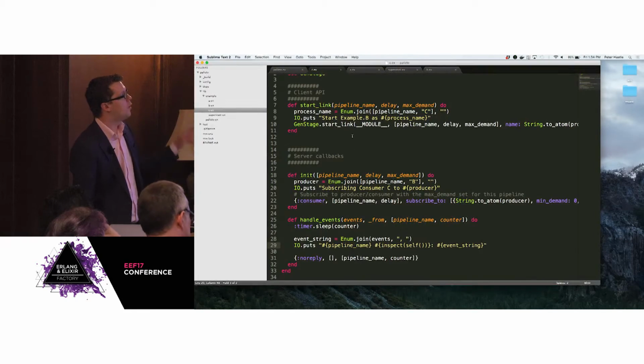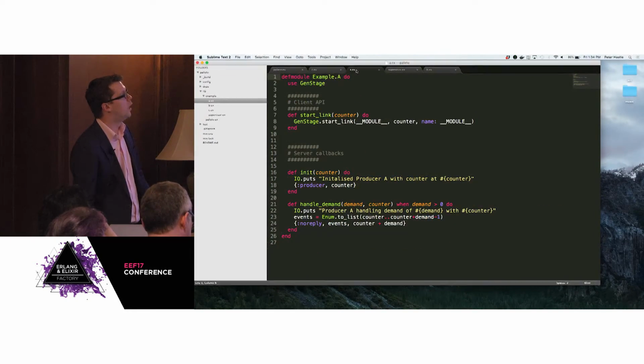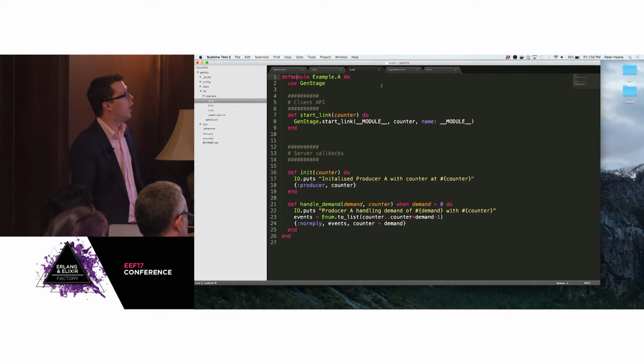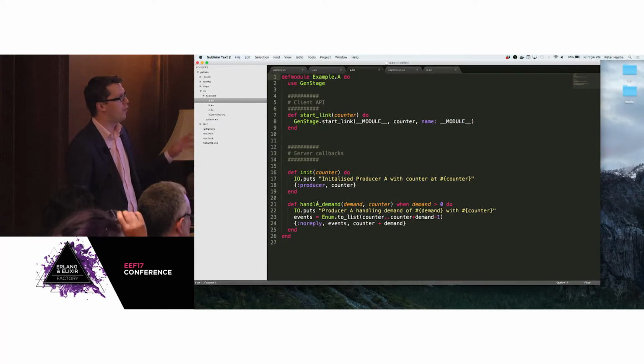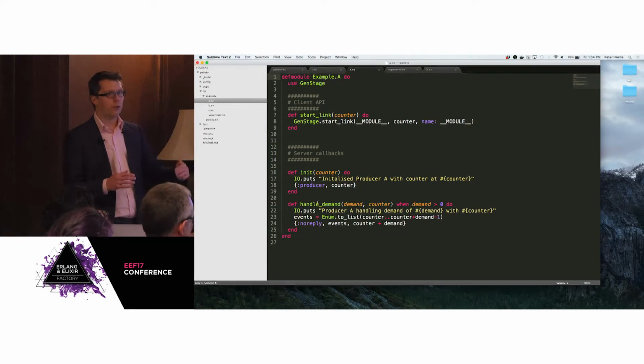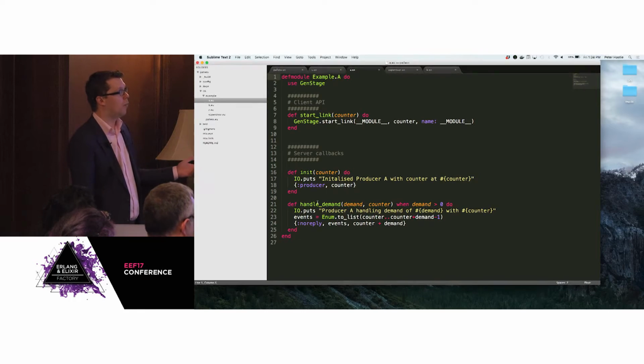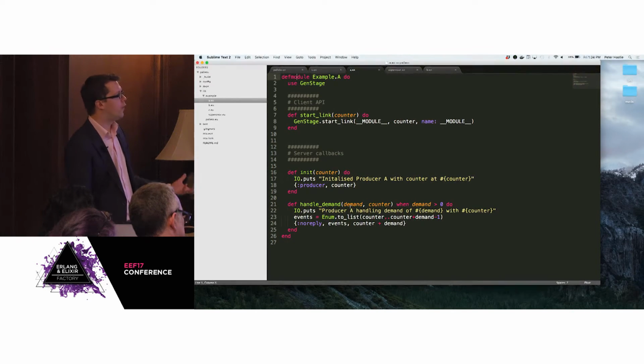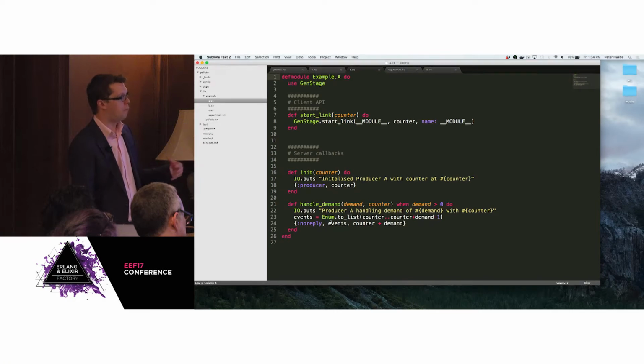And so that demand that we've created as this initializes will be sent, because that's subscribing to the producer-consumer, and the producer-consumer is subscribing to the producer, which will receive that demand in this very OTP-like manner where you might be used to handle call and handle cast. Here we have handle demand, which is the new thing that makes GenStage special. It receives that demand and it tries to fulfill it, and then asynchronously sends these events, which would be an attempt to fulfill that demand, back down the pipeline.